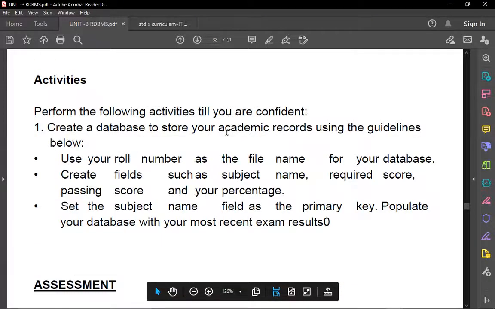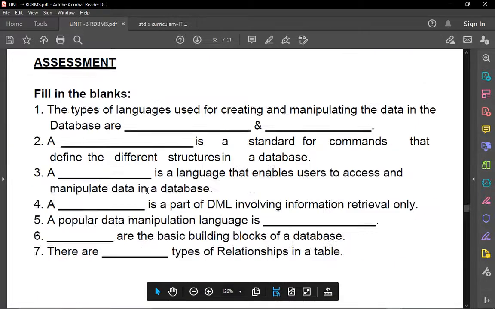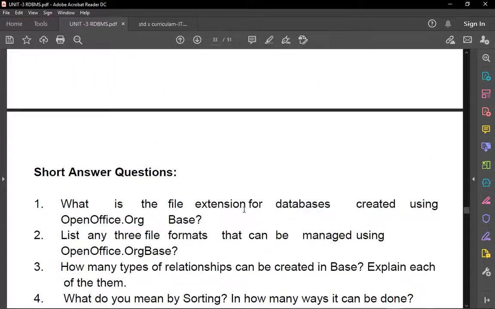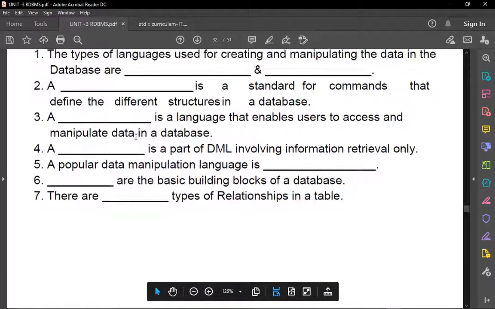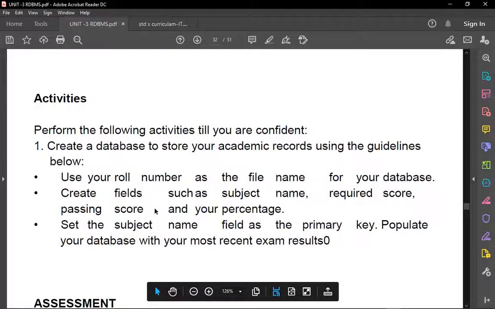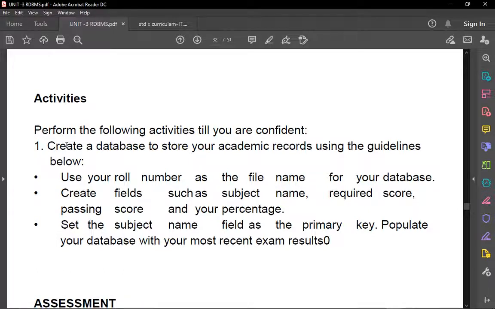Now you have to perform these activities. I will give you as an assignment, and some more questions will be there. When you do the assignments, you need not go through this. You will be getting the same thing in your assignment also. But activities you have to do from this PDF format itself. Perform the following, because I am not giving you the activities now. I can't give you because I am not sure whether you will do it or not. But when you come to school, you must certainly do it in your system. Otherwise, if you submit the assessment or assignment, I will take that as the practical mark. That's why I asked you to submit all the assignments on time.